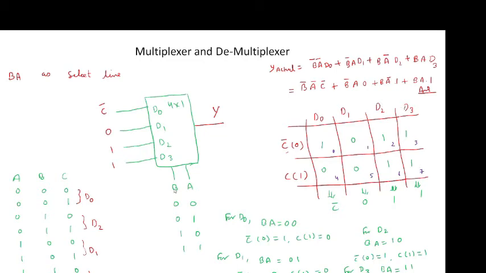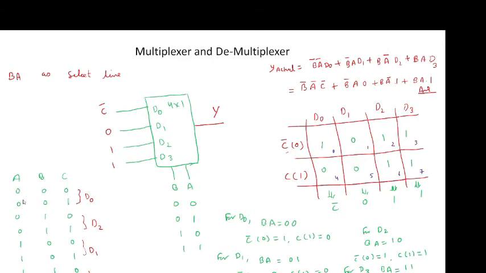Because I am selecting BA as the select line and the third variable remaining is C, I will write here C bar and C in the rows. Here C bar represents that C is equal to 0, C represents that C is equal to 1. Clear?